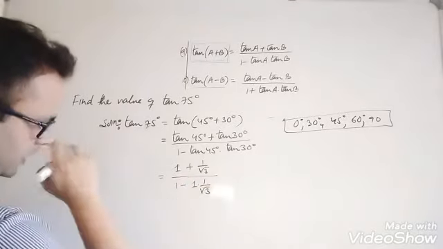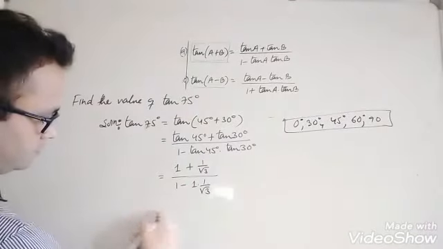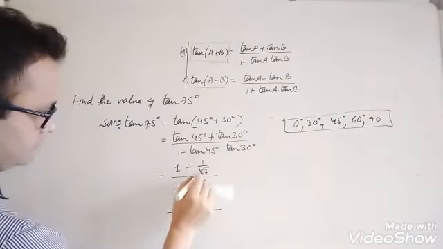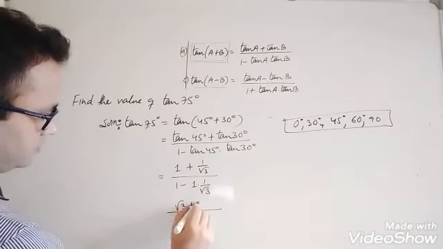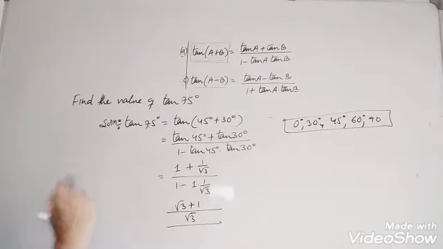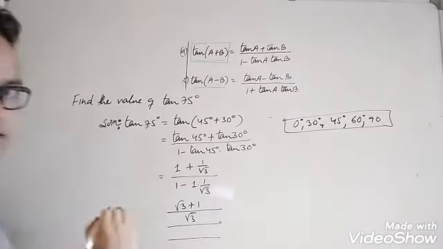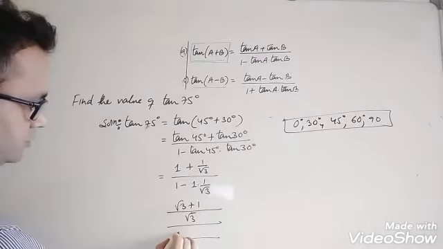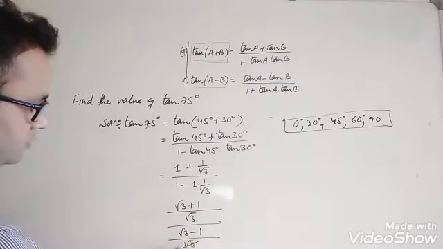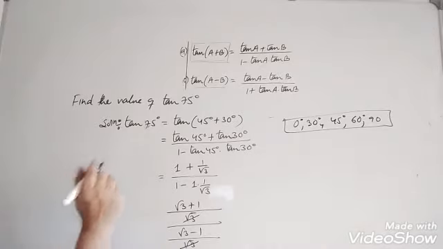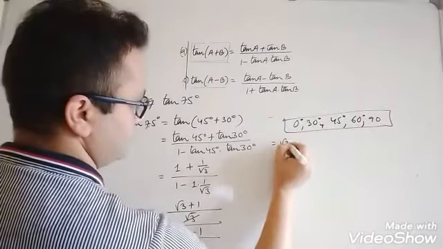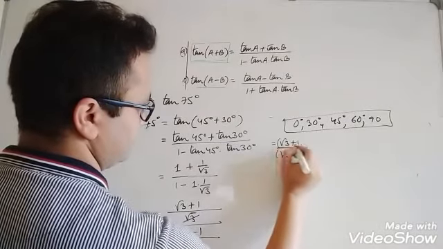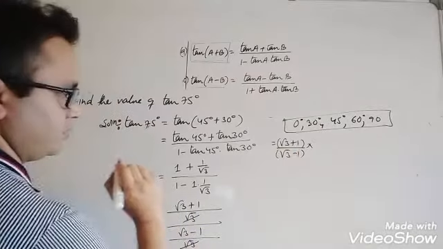Now we can take the LCM. In the denominator, root 3 is the LCM. Root 3 into 1 is root 3, plus 1, divided by, here also the denominator is root 3, root 3 into 1 is root 3, minus 1. We can cut root 3 because they are in the denominator. So (root 3 + 1) divided by (root 3 − 1) is left. Now rationalize the denominator with the opposite sign.